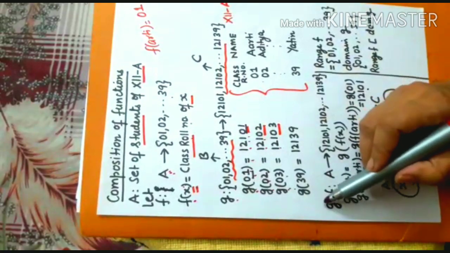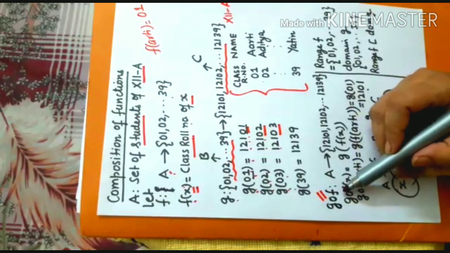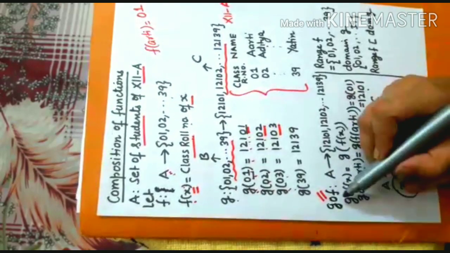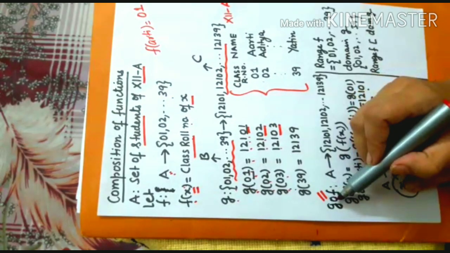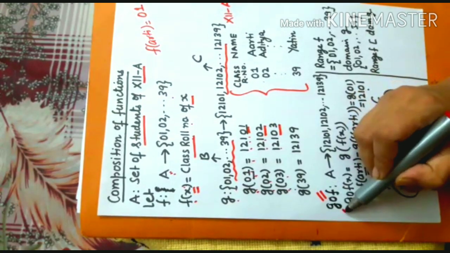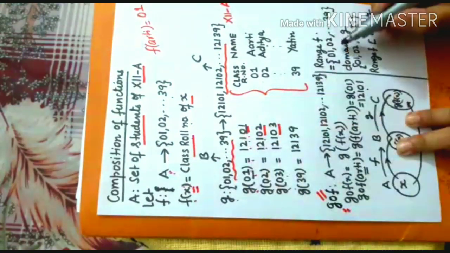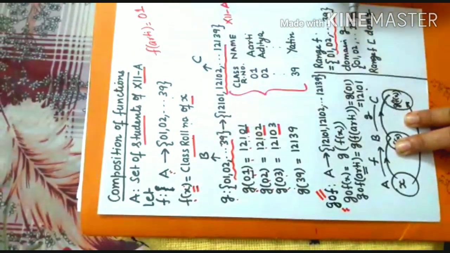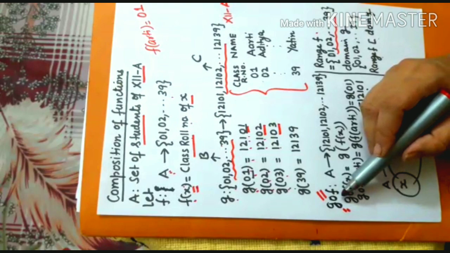Now I will try to find out the composition function GOF. First we will ensure that this function will exist. Now this GOF will exist if range of f is a subset of domain of G. Now clearly range of the function f will be this set and domain of the function G is this, and you can see range is a subset of domain of G. In fact, they are exactly the same. So this composition function will exist.